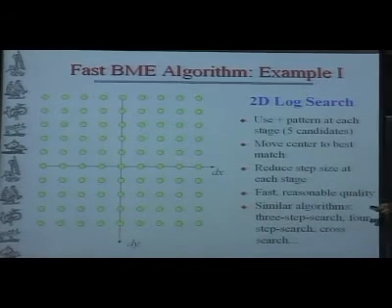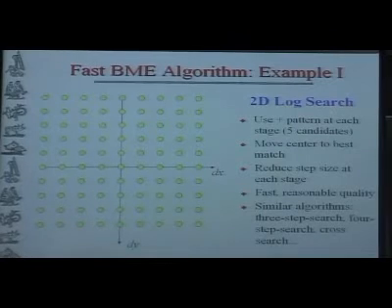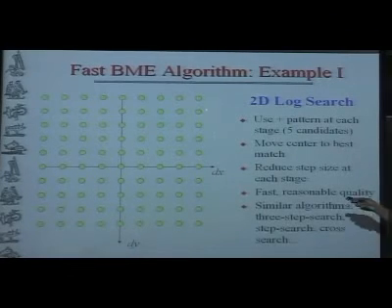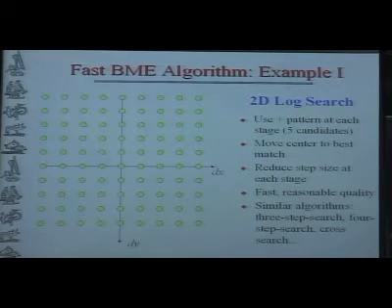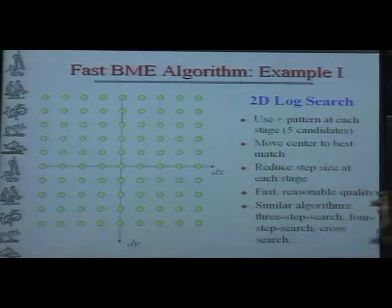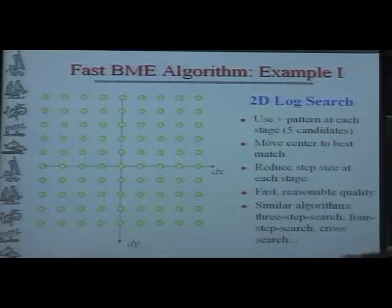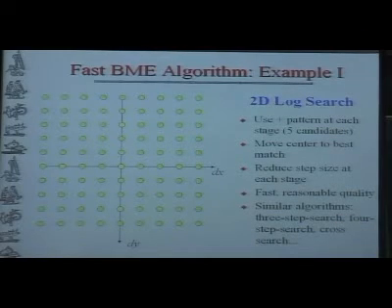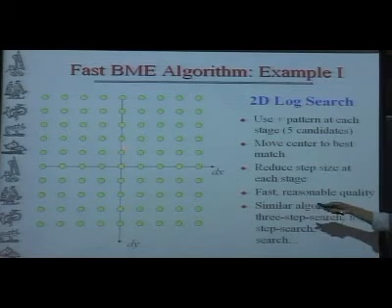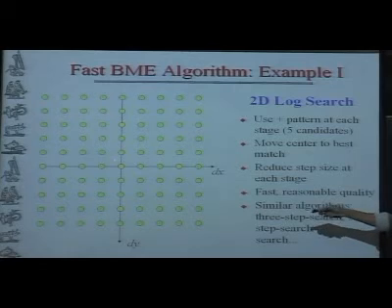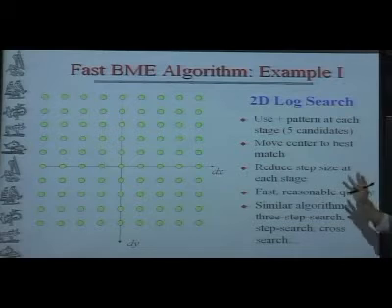Okay, so this is the search that people call 2D logarithmic search. Okay, so all the green dots are the ones that we're supposed to check. Whatever we check, I'm going to mark it by different colors. Say red. Okay, so in the 2D log search, what do we do? We check... does that show up? Can you see the yellow? This is yellow, this is yellow, this is yellow, this is yellow, this is yellow. So it's like a cross, okay? I'm going to check this guy, this guy, this guy, this guy, this guy. So five candidates. I check 5 candidates.